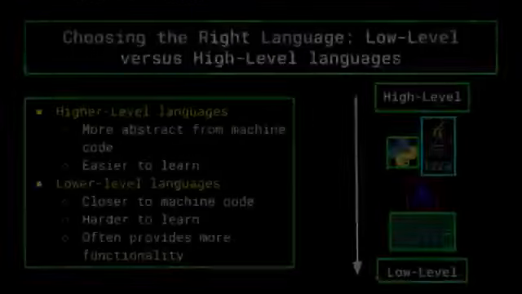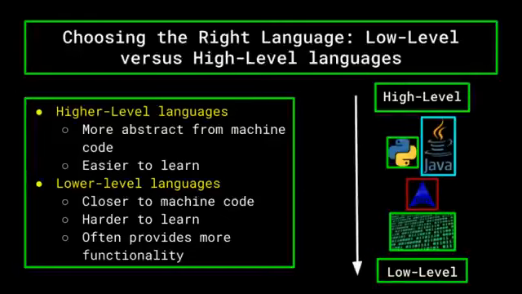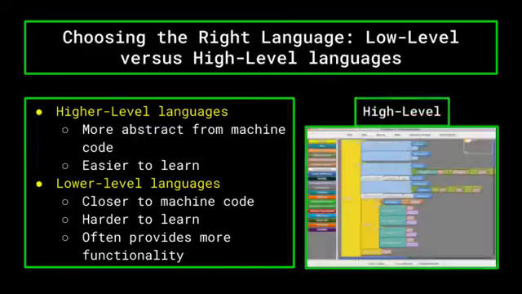accomplish. Now, we talked earlier about low-level versus high-level programming languages. In case you forgot, let's do a quick refresher. Higher-level programming languages have a higher level of abstraction from machine language, that series of zeros and ones from way back when, while lower-level programming languages have a low level of abstraction from machine language. For example, block programming, where you can drag and drop programming statements together like 2D Legos, would be a high-level